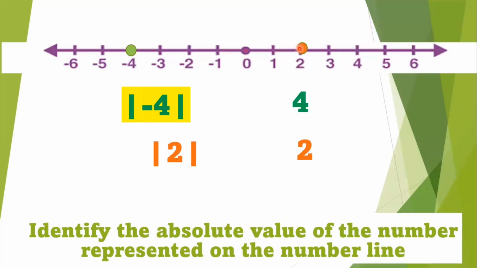Next, we have the blue dot on negative 3. Ibig sabihin, we're going to find the absolute value of negative 3. Let us just count the distance from 0. That is 1, 2, 3. So, the answer is